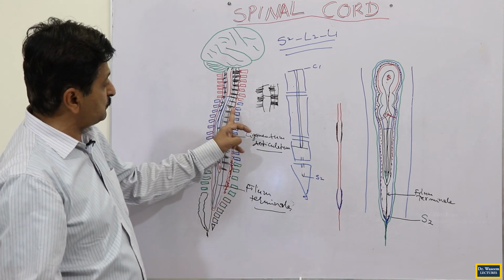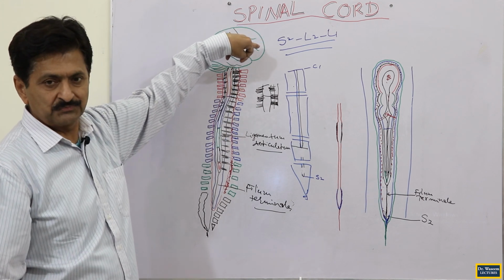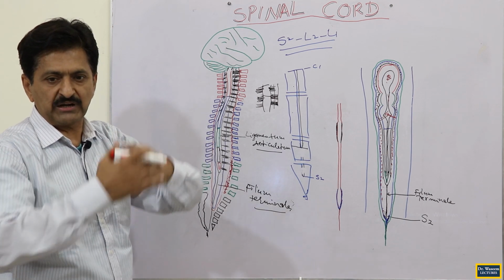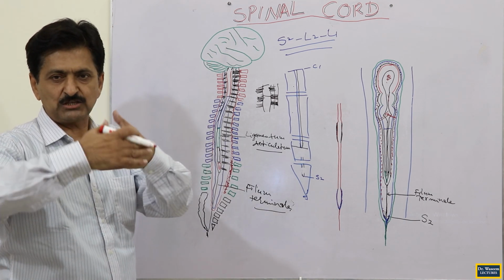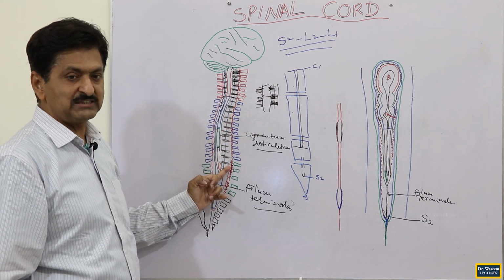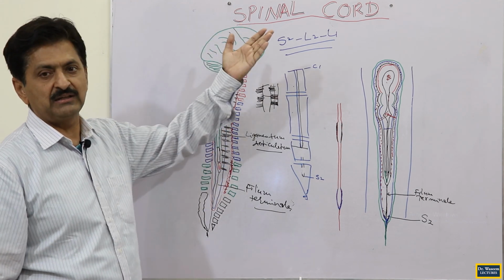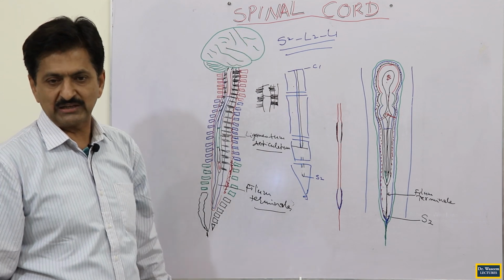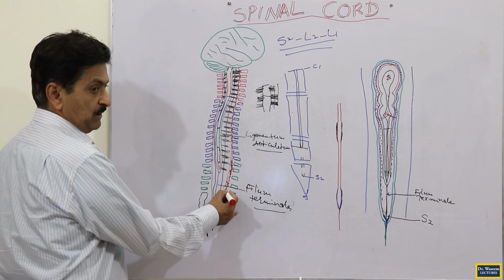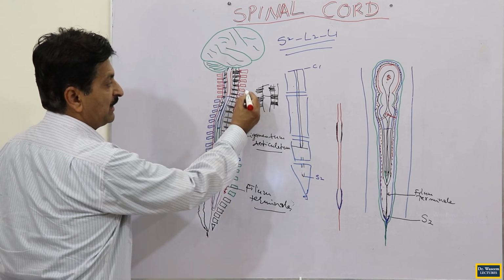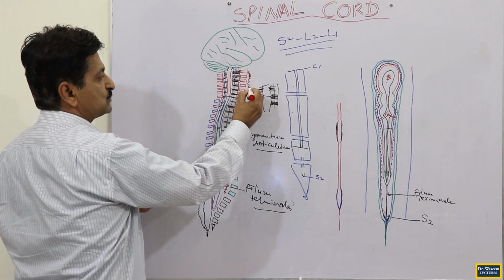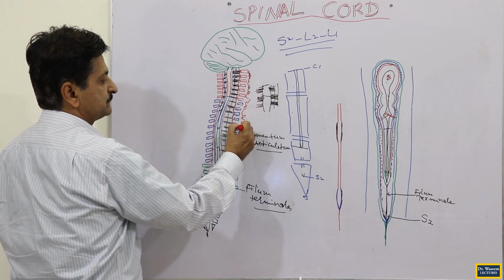And such things must be present in the cranial cavity also, between the dura mater and the cranium bone, that is the bone of the cranial cavity. So this must be present there also. But we know that here the internal vertebral plexus of veins is present, but in the cranial cavity they are in the form of sinuses. You call them meningeal sinuses, which we will discuss in the cranial cavity. But at the same time, outside the vertebral canal, outside the vertebral column even, we have another vertebral plexus of veins. This is called the external vertebral plexus of veins.